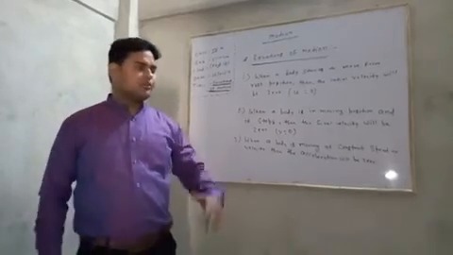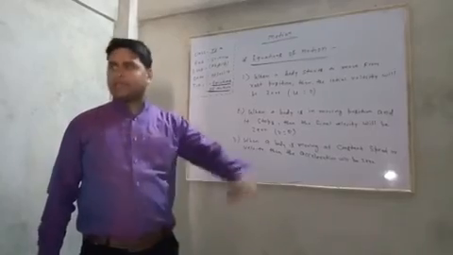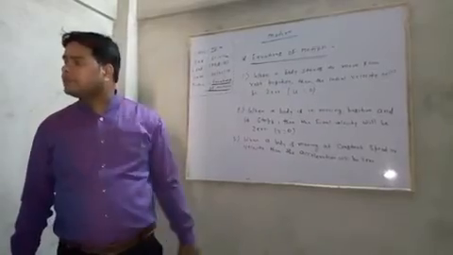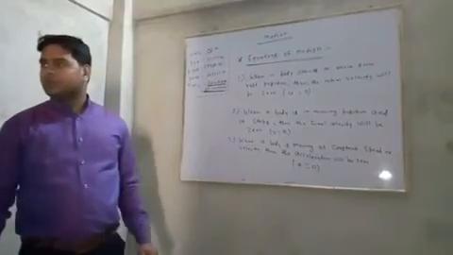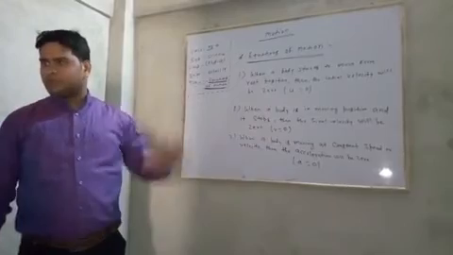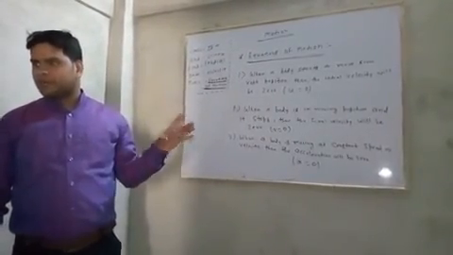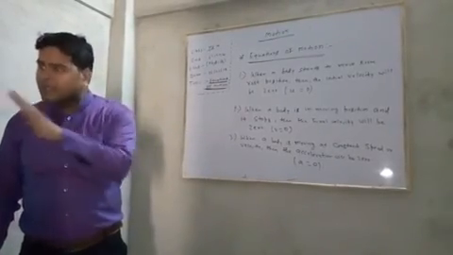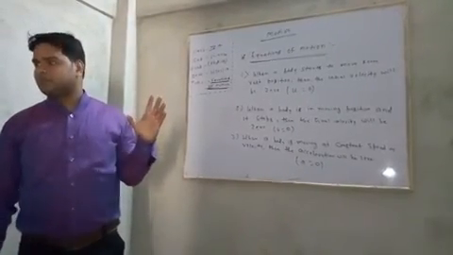For example, a body is moving at 40 km per hour, at the constant speed through all of the journey. Then the acceleration will be 0. We can write it a is equal to 0. It is also not given in the question. It will only be given that a body is moving at a constant speed of 40 km per hour or 60 km per hour or 30 km per hour, whatever it is, it doesn't matter. But it will be given that it is moving at constant speed. And that acceleration is 0 will not be given. We have to take it. Here acceleration will be 0. We have to keep that in mind.